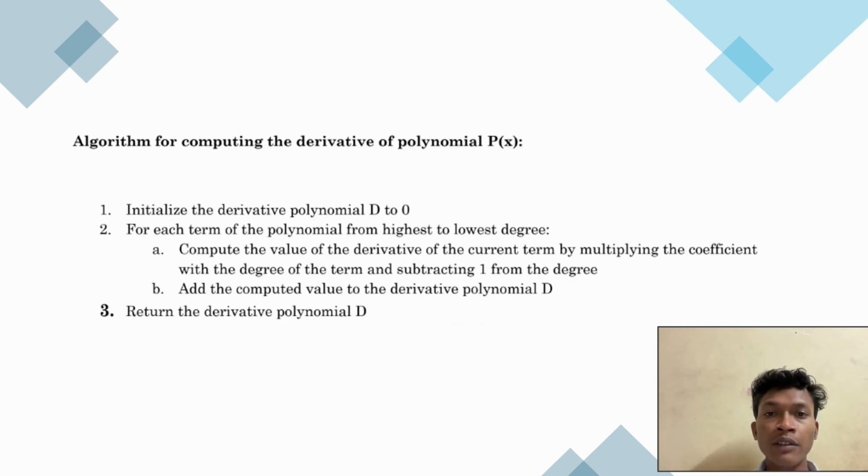Lastly, we compute the derivatives of the polynomial. We start by initializing the derivative of the polynomial d to 0. For each term, we multiply the coefficient by the degree, then decrease the degree by 1, and the result is added to d as the new term. We repeat this for all the terms, and finally the result